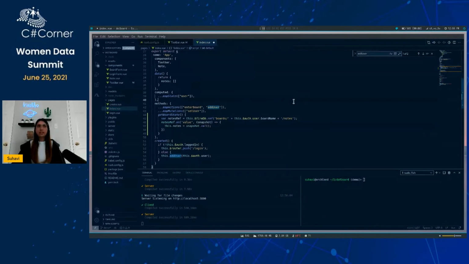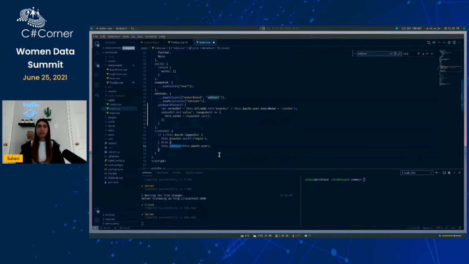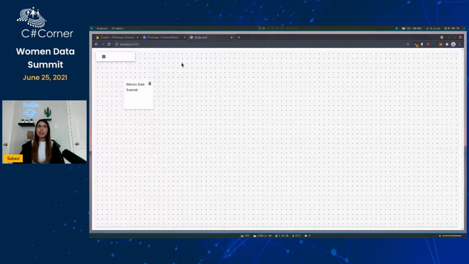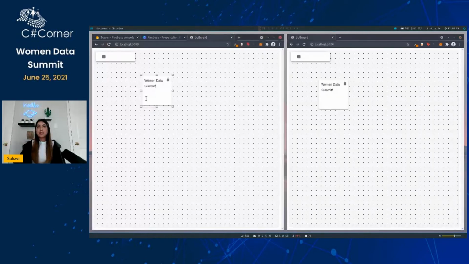All right. So we have the method, and let's call it in our method where we create the board application. So this get. And let's try that out. Okay, so now we actually have a note showing up. I'm going to duplicate this. Oh, not reload. And if I make changes to this, you can see that there's not a lot happening on the other side. So any other users would not get the changes I'm making.